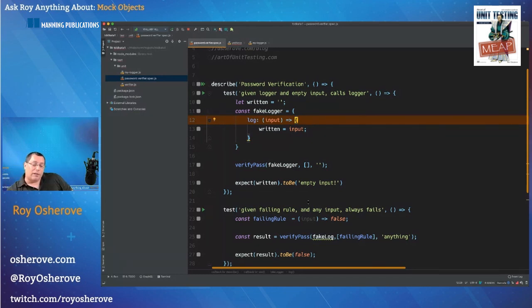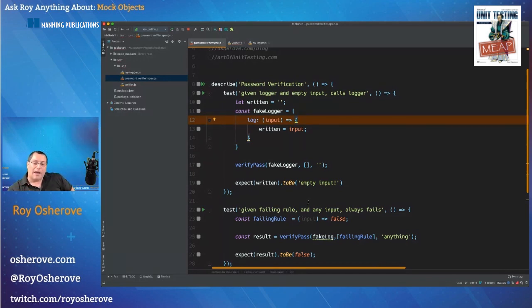A non-strict or a relaxed mock object, which is what I usually recommend, will say, dude, don't worry, you can call me with whatever you want. And then later, just ask me. And if one of the calls actually matches what you were looking for, it's going to be okay. That's usually what I would recommend, because it makes our tests much more maintainable and future-proof, especially with stuff like loggers. Today, I'm calling it with this input. Tomorrow, I'm going to add 50 more inputs.